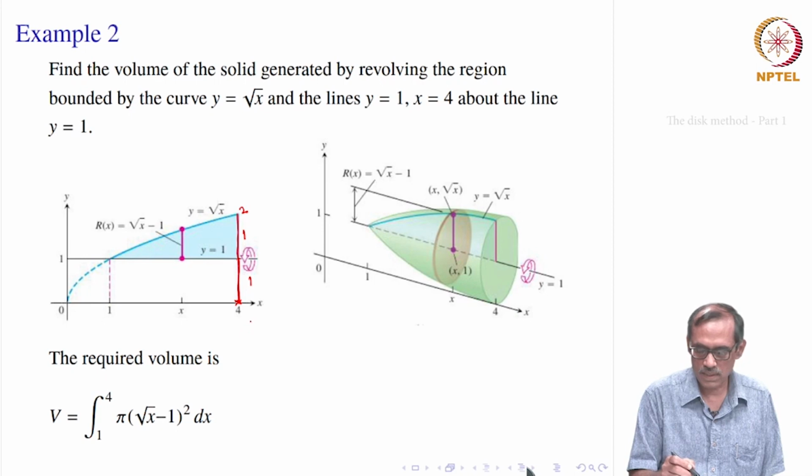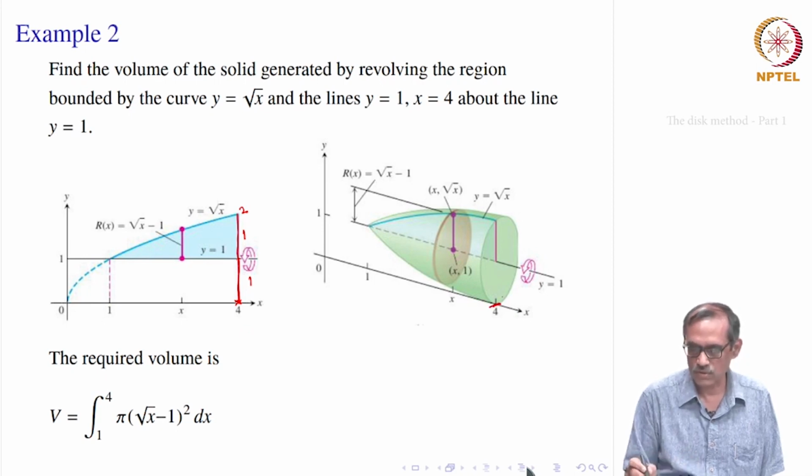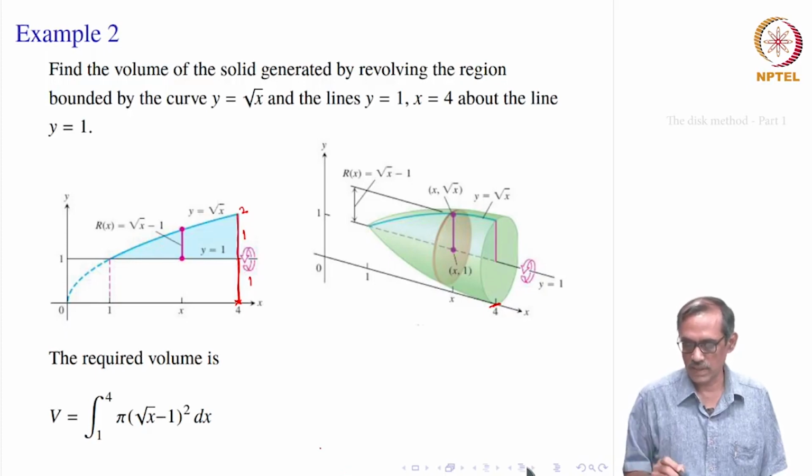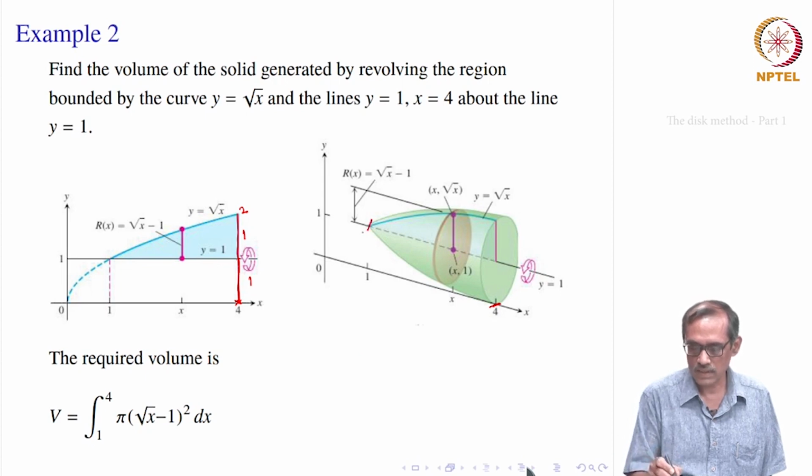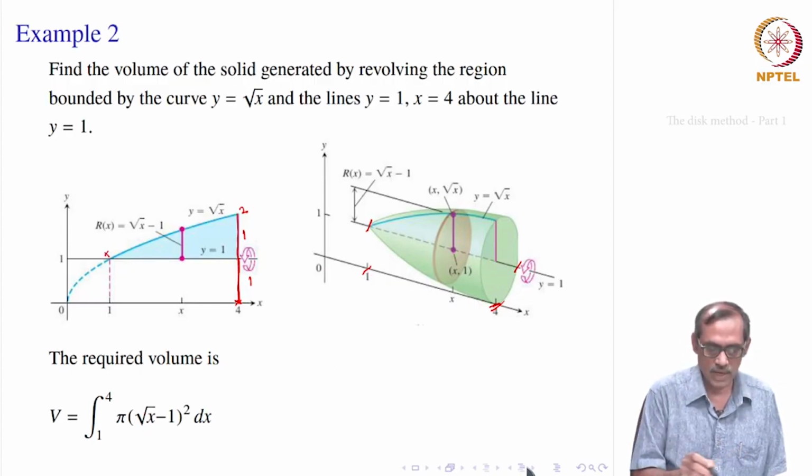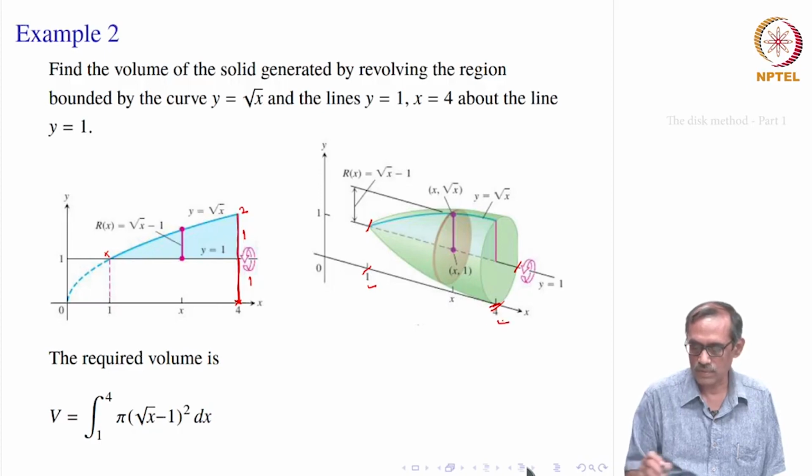Then once it is revolved around, it will touch the x axis as shown in the green picture here. Since it is revolving around y equal to 1, we must find out the limits for this integration. The integration is for x, on the x axis. At this point it is x equal to 4, and on the left side you have x equal to 1, because this is the point where it crosses the y axis and that height is y equal to 1. So, x is also equal to 1 from this function y equal to root x. So, the x limit is from 1 to 4.